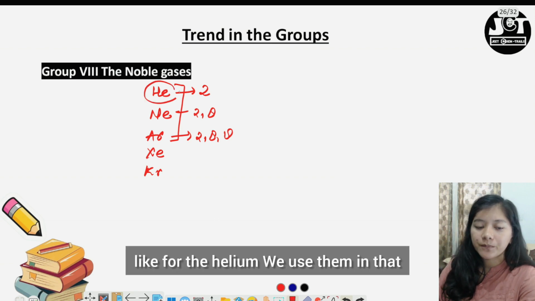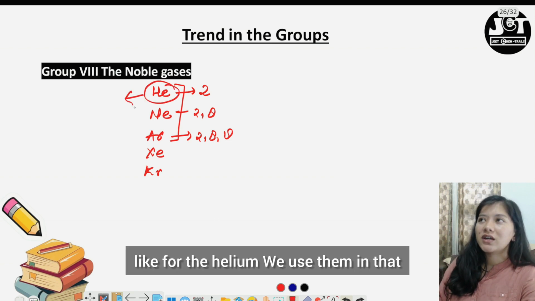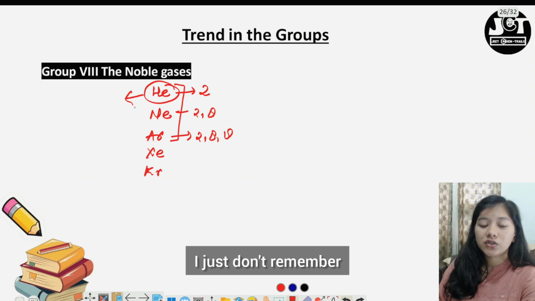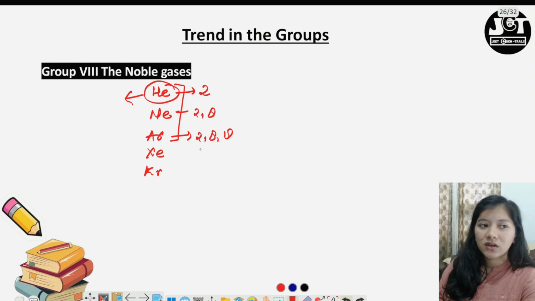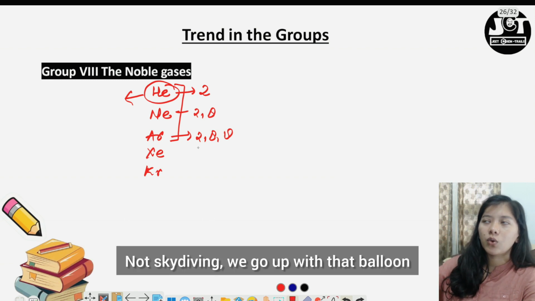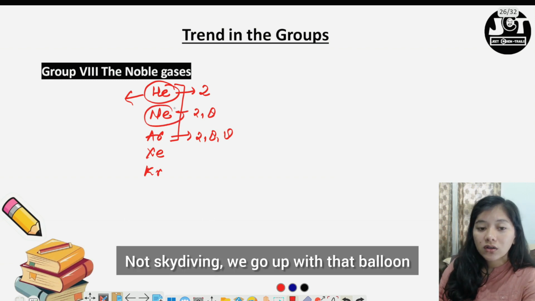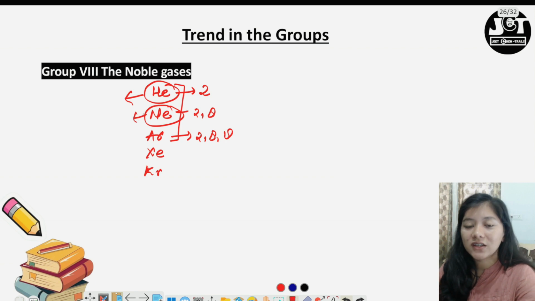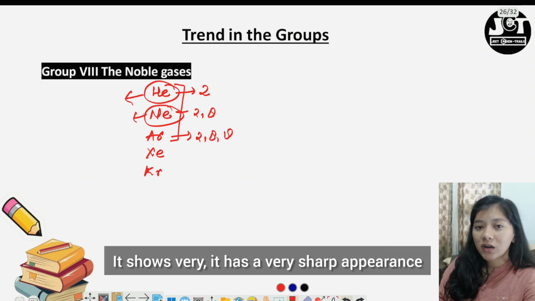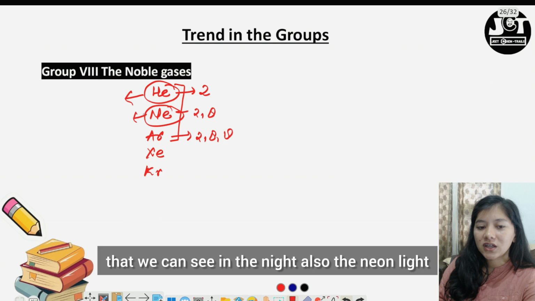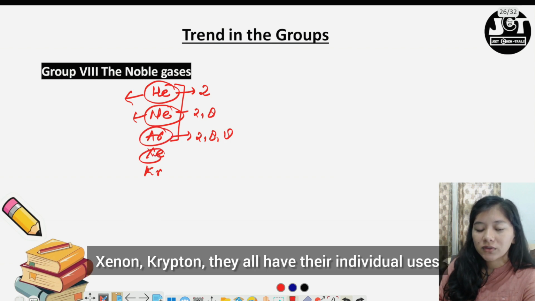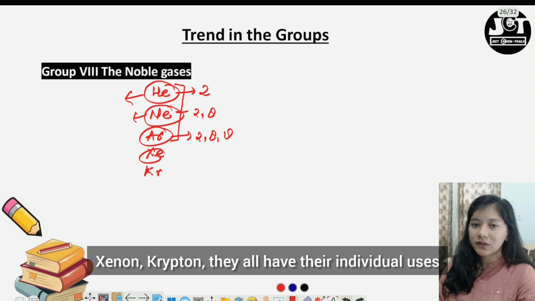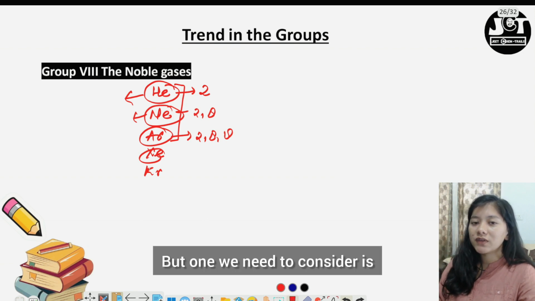Like helium, we use it in, I just don't remember, yeah, the balloon we use, right? We go up with that balloon. Neon is very famous for its color. It has a very sharp appearance that we can see at night also, the neon light. Argon is also used, xenon, krypton, they all have their individual uses, but one thing we need to consider is